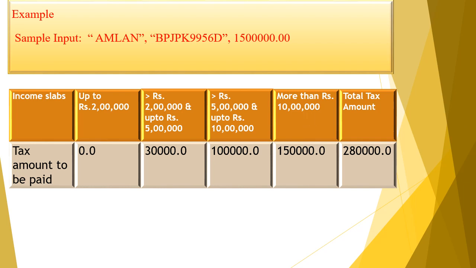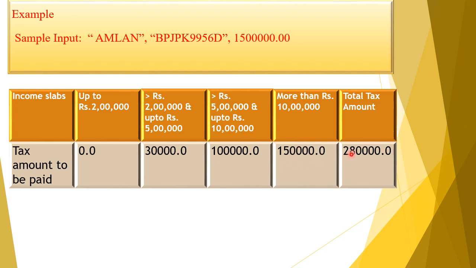So for the first 2 lakh rupees he has to pay no tax, and for the amount from 2 lakh to 5 lakh, 10% of that 3 lakh, that is equal to 30,000, and for the range from 5 lakh to 10 lakh, 20% of that range, that is 1 lakh, plus the income exceeding 10 lakh, that is 15 lakh minus 10 lakh equal to 5 lakh. So 30% of 5 lakh, that is equal to